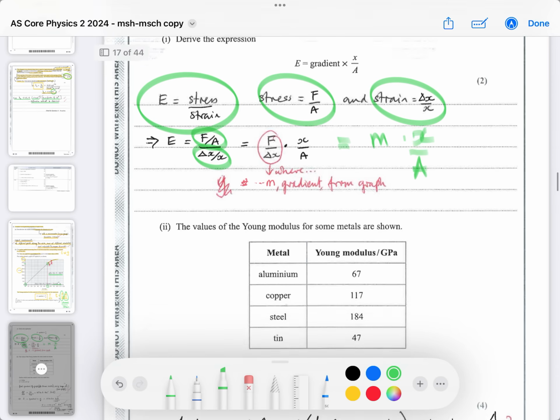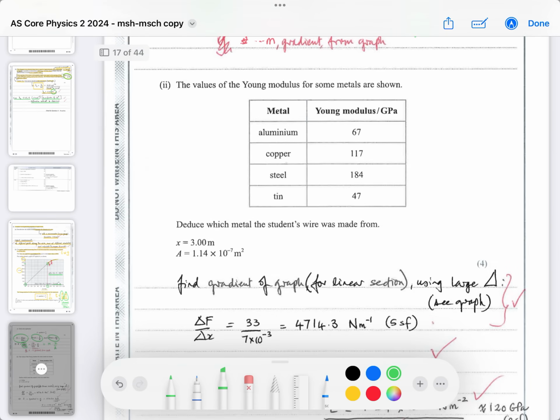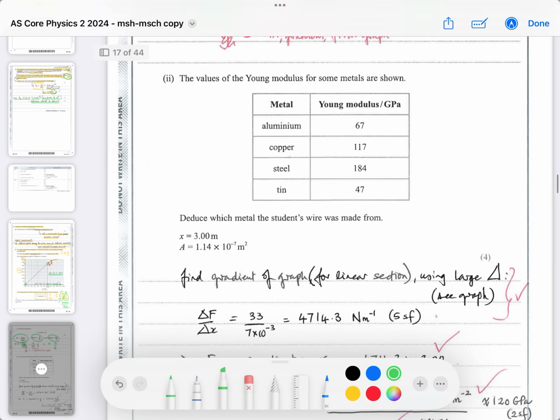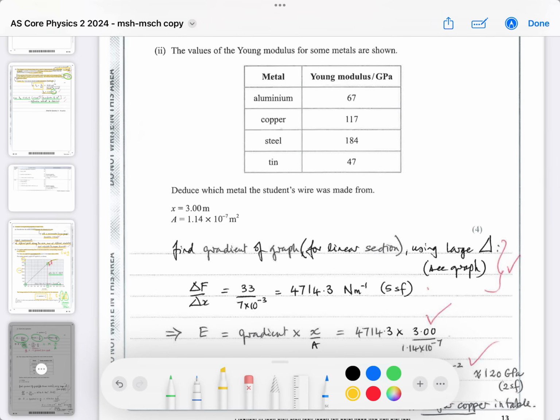You've derived the equation. It then says the value of the Young's modulus for some metals are shown in the table, and you've got to deduce which metal the wire is made from. Okay, they're giving you the values that you need to put into the equation, and they want you to find the gradient from the graph, which I've already done, using a large triangle. If you use a large triangle, you'll get this mark. If your triangle is too small, you may lose this mark. So once you do that, you divide the 33 newtons that I showed you by that, and you get an accurate value, to 5 significant figures, a calculated value if you like, of